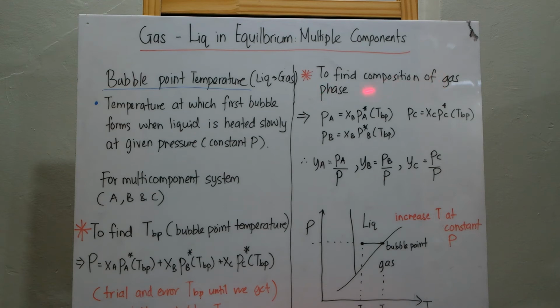Okay, let's say once you already obtain your bubble point temperature, you need to find the composition of the gas phase. You know your liquid phase, but you do not know the composition of your gas phase. So what you have to do is find the partial pressure using